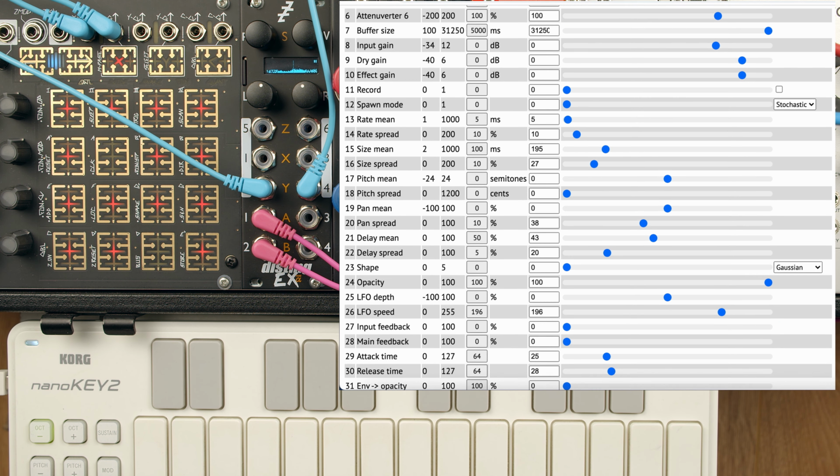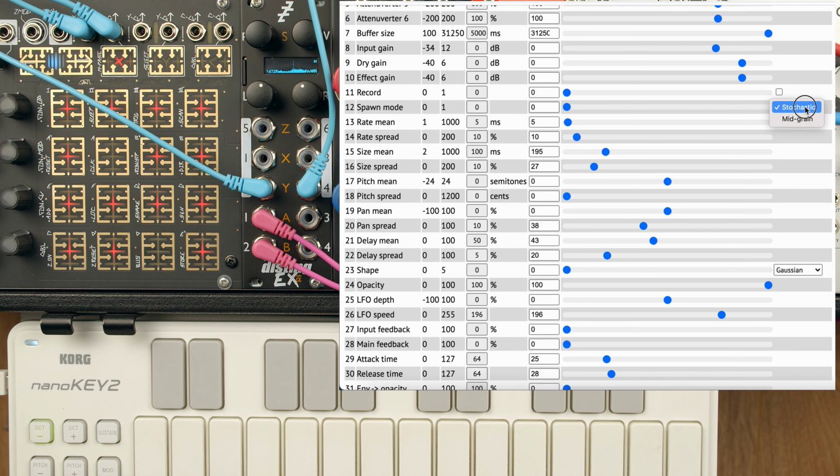However, let's change the spawn mode to mid-grain. So there's two spawn modes, stochastic and mid-grain. Stochastic is a fancy word for random, basically, using the rate mean and rate spread parameters that we looked at before to randomly spawn a lot of grains at particular times. Mid-grain, basically every time a grain plays, it waits till the grain gets to the middle of the grain and then it spawns another grain,